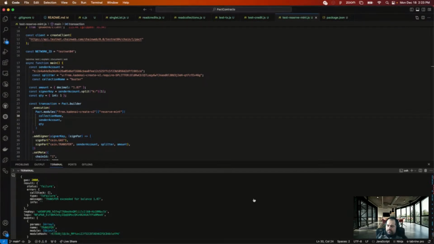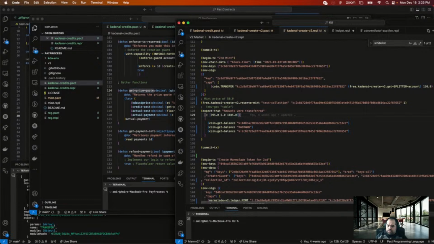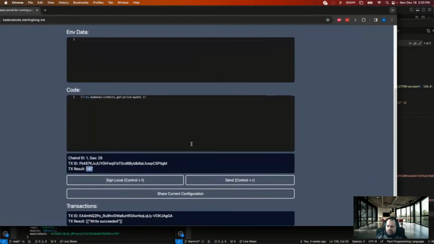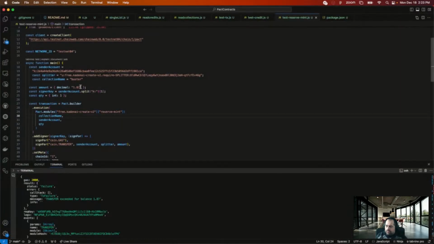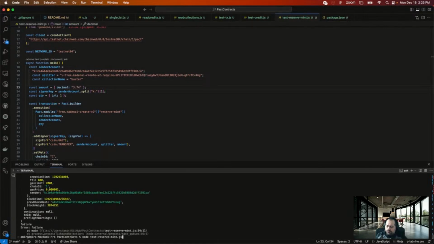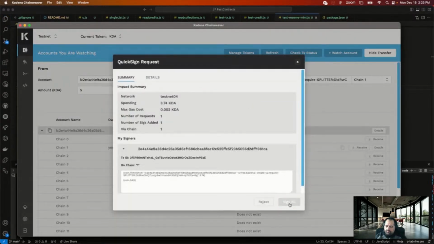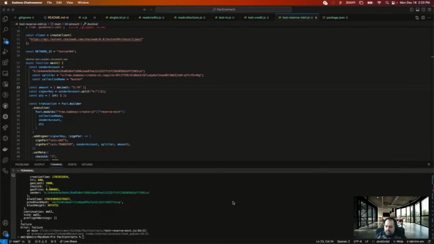Oh, yeah, it's not impossible. Let me make sure rounding's not an issue too. Okay, so rounding, no weird rounding. Still.